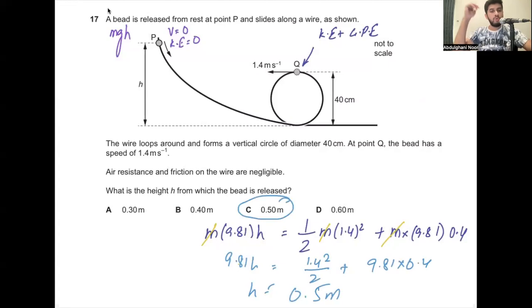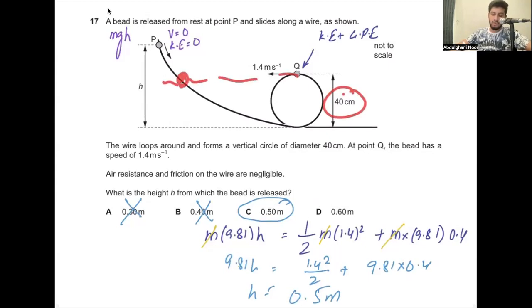So when you go through a question like this, and when you look at the options, you should be able to automatically eliminate a few options. I can say that A can never be my answer, B can never be my answer, because it goes against the conservation of energy. How does it go against the conservation of energy? Because you cannot start at a point that is lower than or equal to 40 centimeters. If you start from a height of 40 centimeters with initial velocity zero, then the velocity here will also be zero. So it has to be greater than 40.